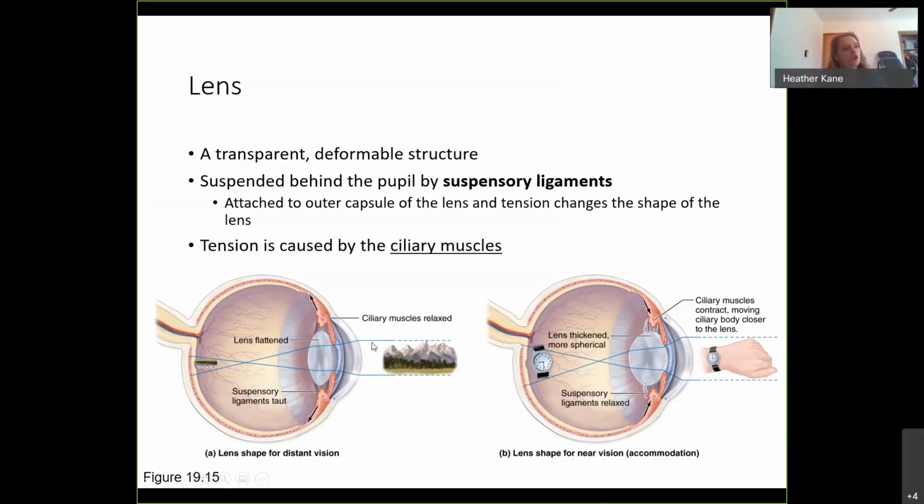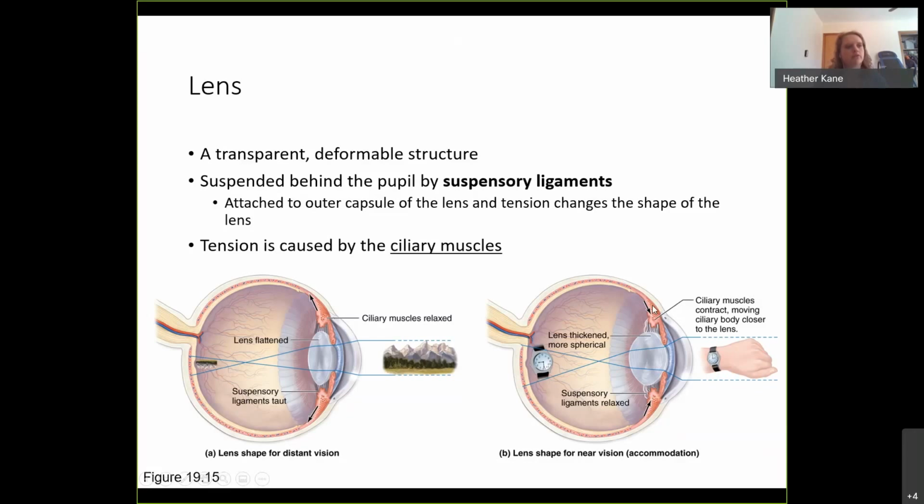So when you are looking at something that is far in the distance, perhaps some mountains that are quite a distance away, our lenses are going to be flat. So those ciliary muscles are going to be relaxed, and that's going to allow for those lenses to be flattened. If you're looking at something close up, maybe at your watch or something like that, then those ciliary muscles are going to contract. And as they contract, they're going to become closer to the lens. So as they contract, they kind of get bigger. That's how muscles work. And when they become bigger, they're going to move closer to the lens,